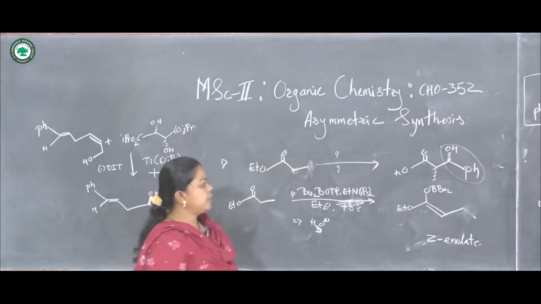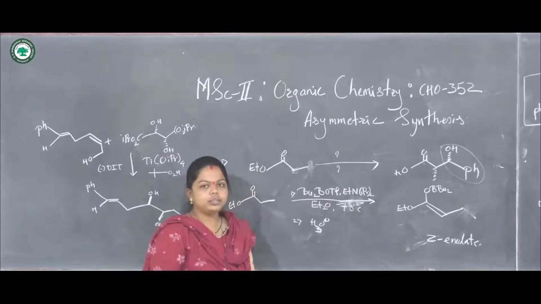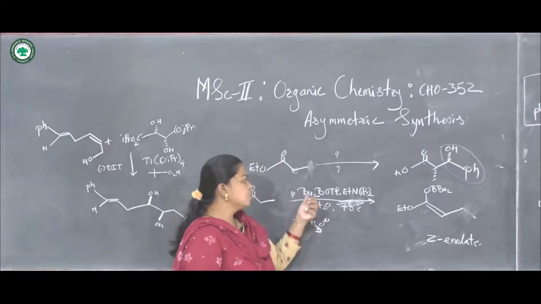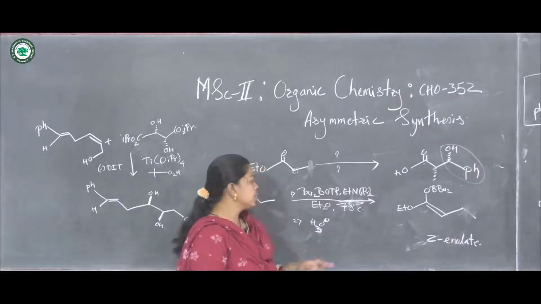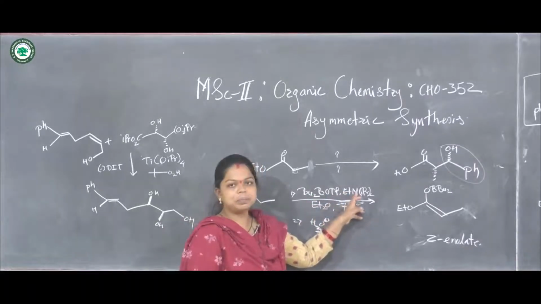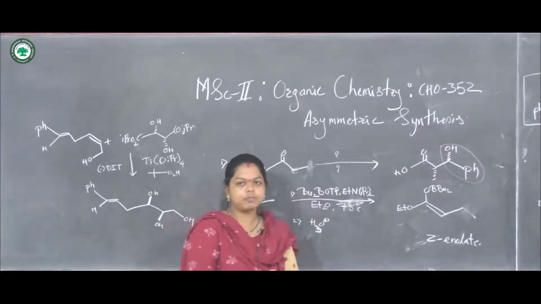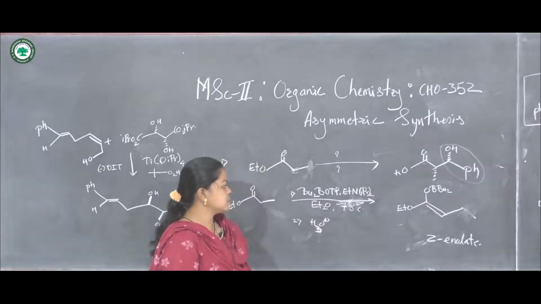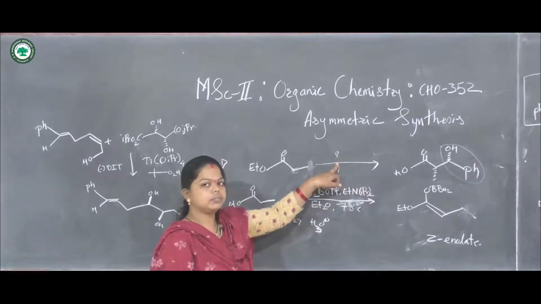So in order to direct this reaction, in order to form the Z enolate, we have to take some boron derivatives. We can use boron compounds. So dialkyl boron triflate compounds can be used here. Dibutyl boron triflate is given in combination with a base, which is a tertiary amine here, in the presence of ether at a very low temperature, minus 78 degrees Celsius. So these two reagents are given, and we have to identify them.